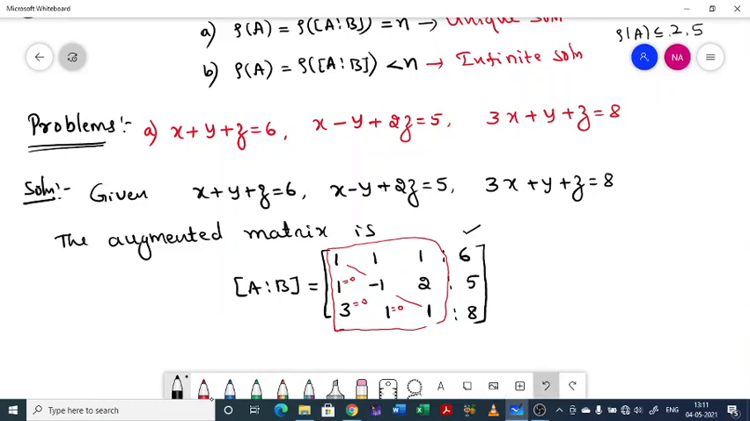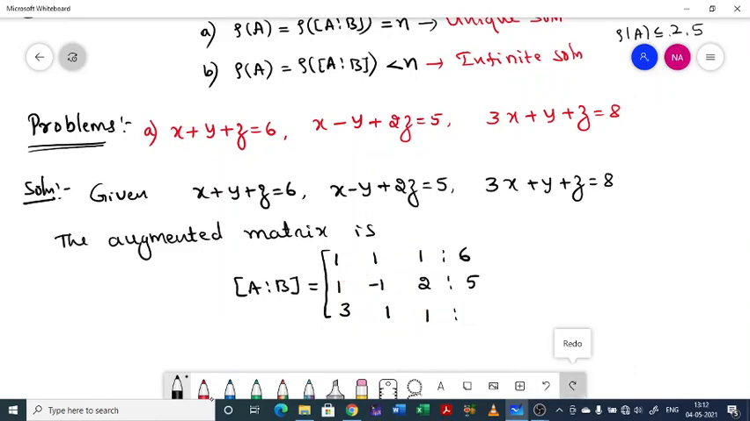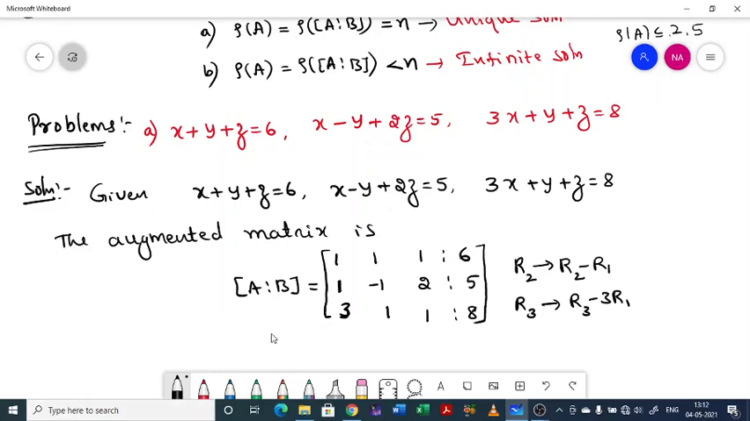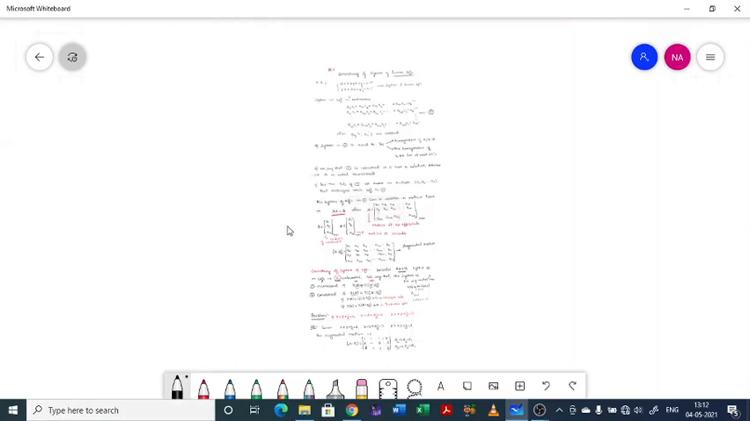Okay, now let us start with the solution. Our aim is to reduce this matrix to echelon form. So we have to make this to 0. Use row operations. R2 should change to R2 minus R1 and R3 should change to R3 minus 3R1. Then applying these operations, the matrix will be